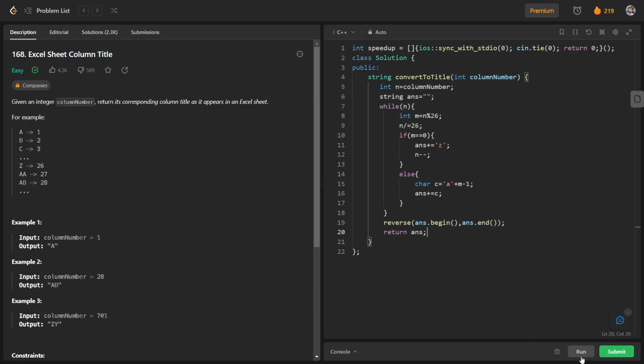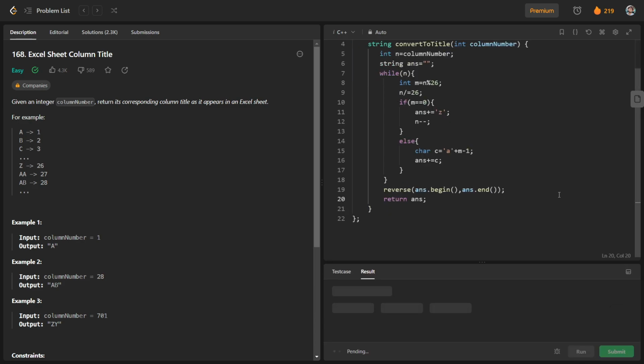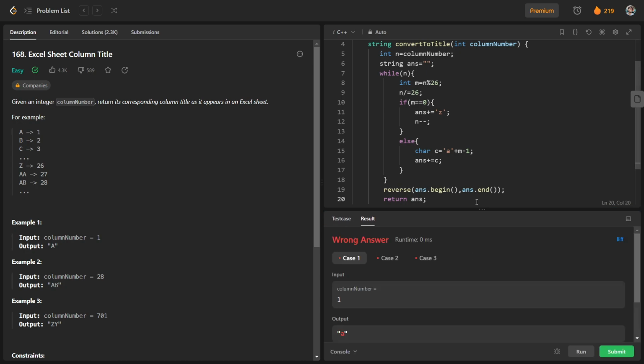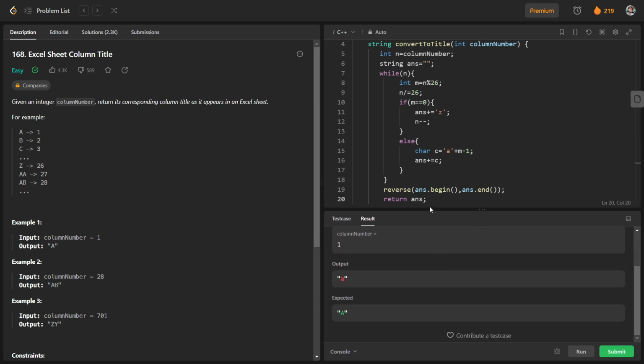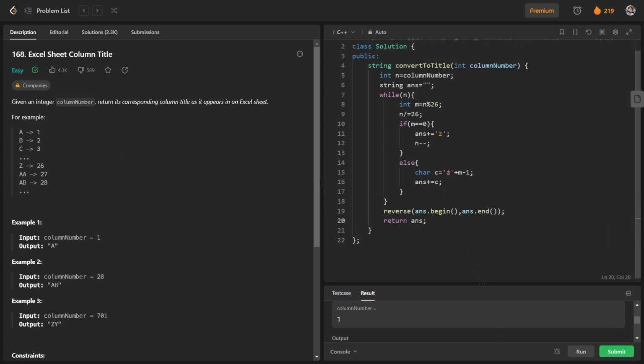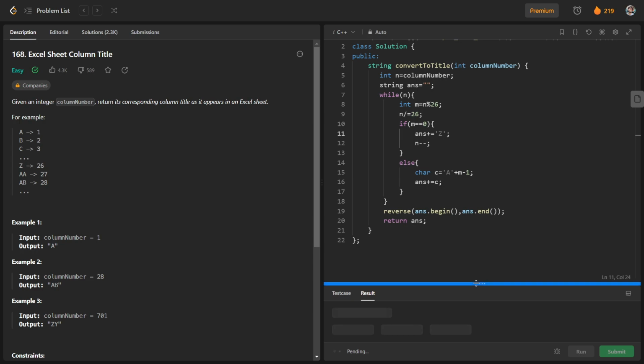So let us see whether the code works or not. Okay, you can see that they are having capital alphabets in uppercase, so we will write capital A and capital Z here, and we will try to run again.